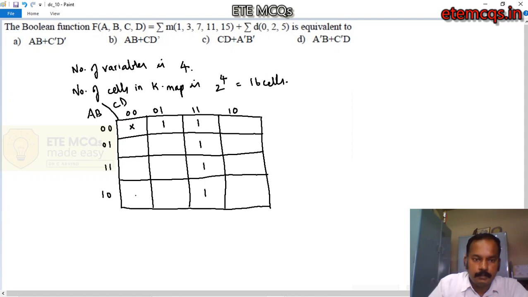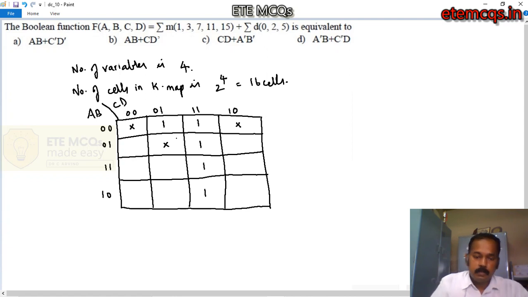So 0010 is a don't care. And 0101 is another don't care. So 3 don't cares, and you have 5 cells with 1.